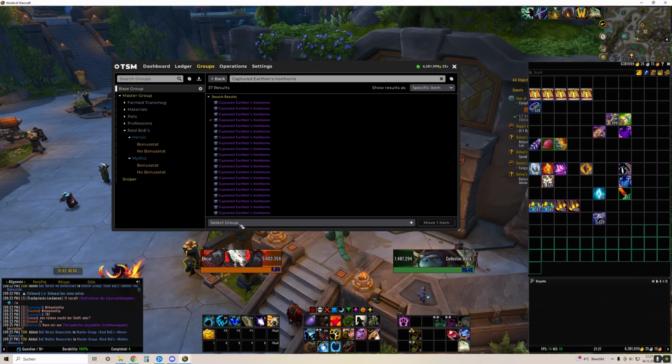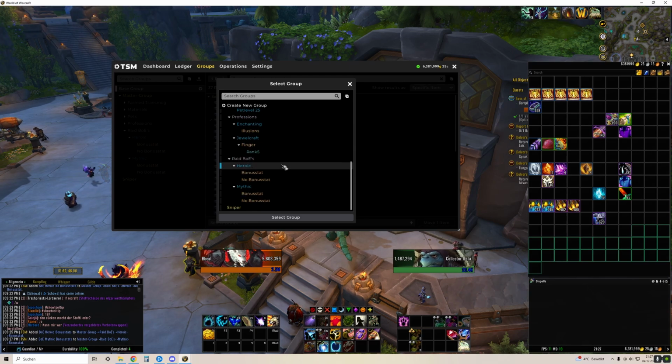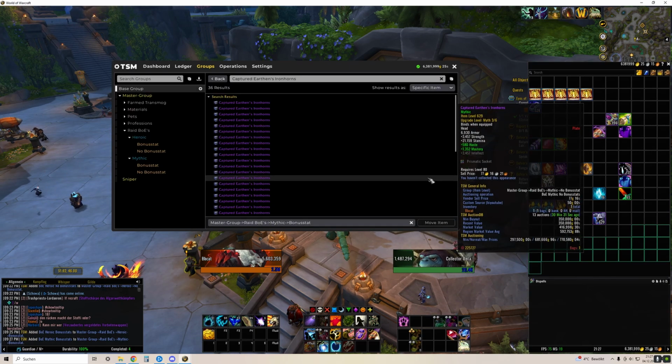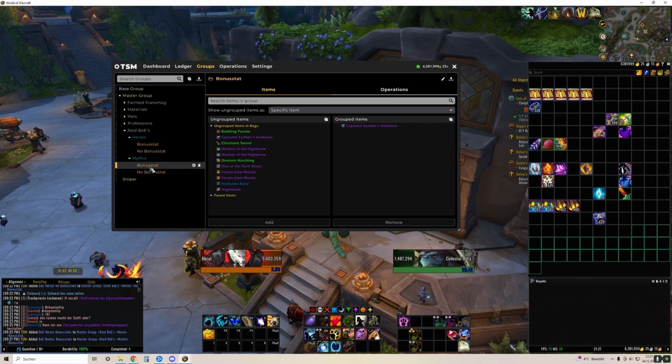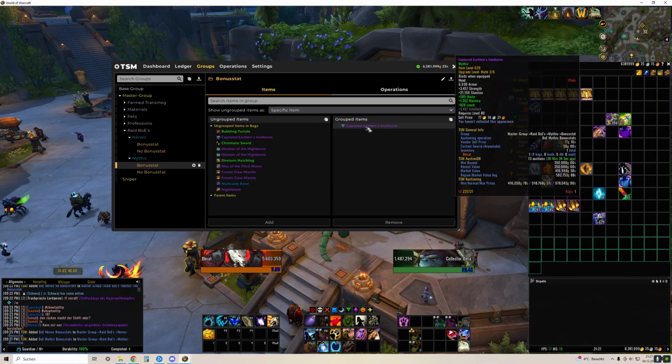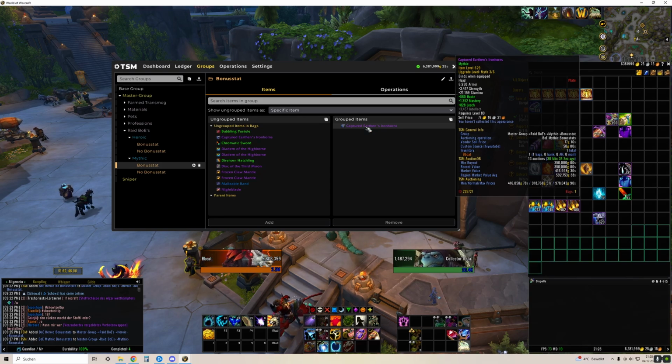Okay, we select that one. Select the group where we like to move it. Mythic with bonus stats. Select the group. Move that one item. Okay, we got an item with bonus stat in here, and now we also have the min, normal, and max price. So, the minimum price for a leech BOE mythic version would be 416,000 gold. The normal price would be 980,000 gold, and also the maximum price